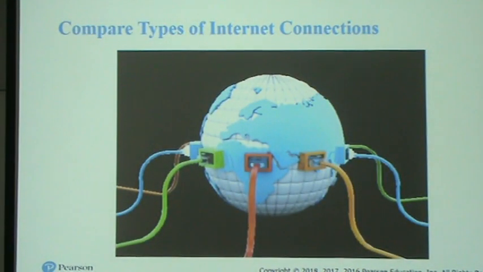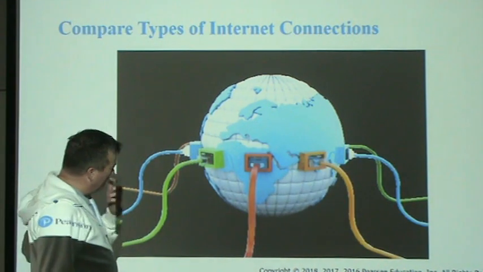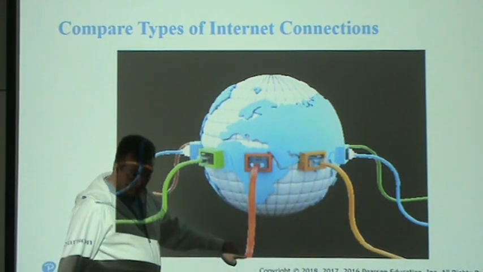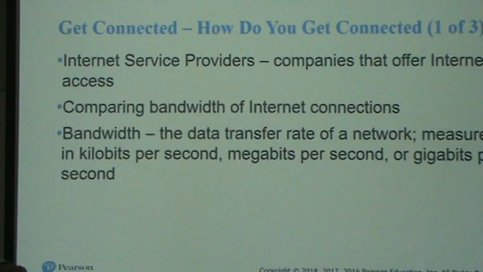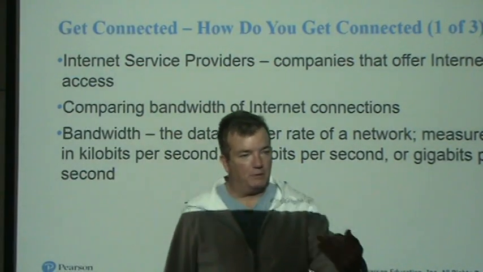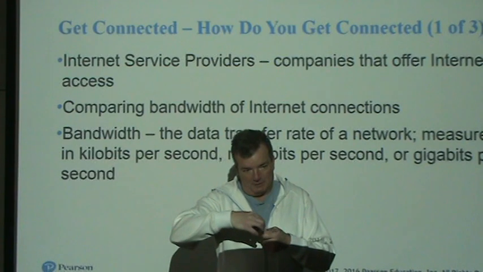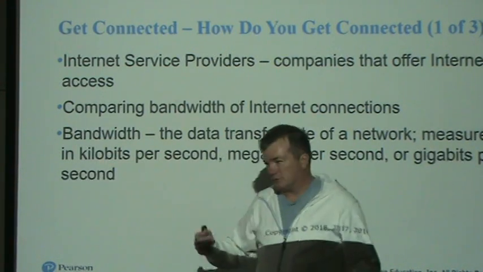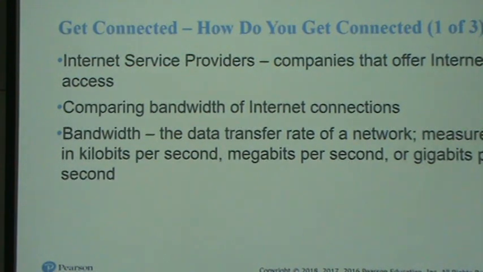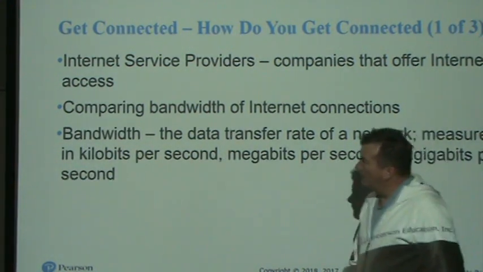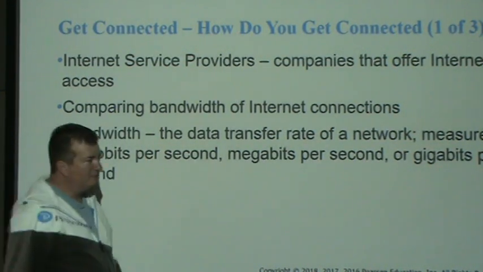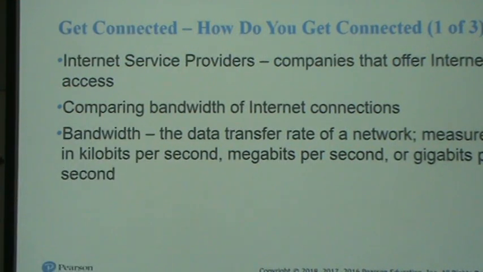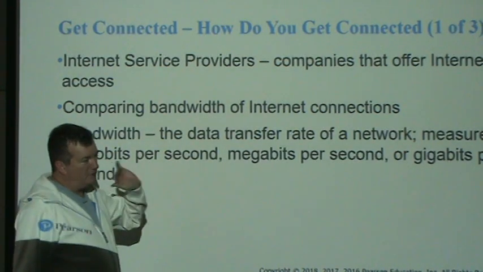Okay, so when looking at different ways to connect to the internet, you could use an Ethernet cable that comes from your internet provider. So your cable company might provide you a modem, and then you can plug an Ethernet cable into your modem and plug that directly into your computer. You could also do it through Wi-Fi, which is where you're doing it through the air. Internet service providers, ISPs, would be like your cable company. Comcast and Verizon are popular ISPs, companies that offer you internet access.